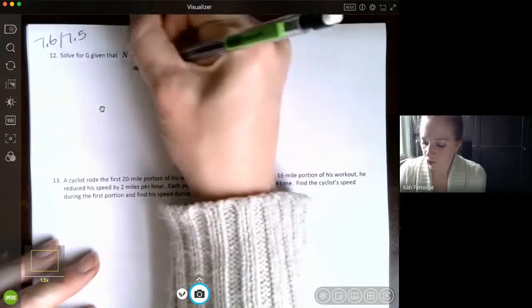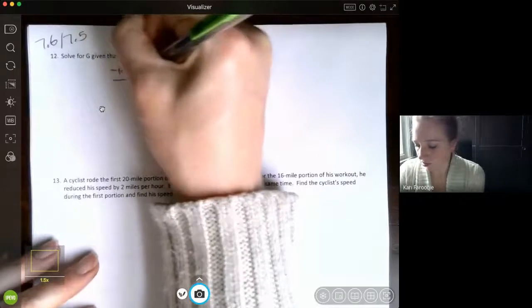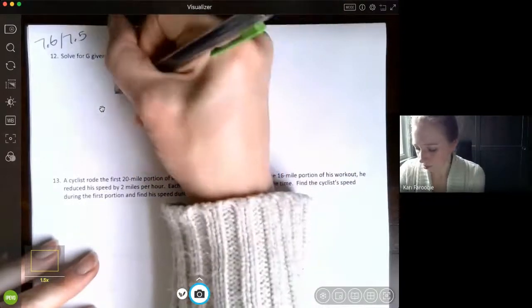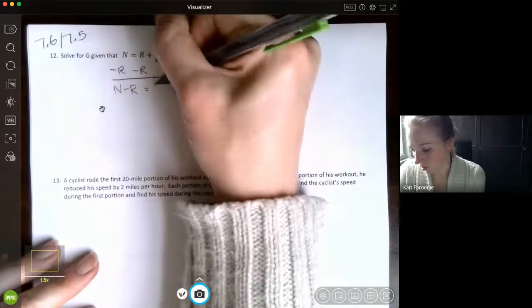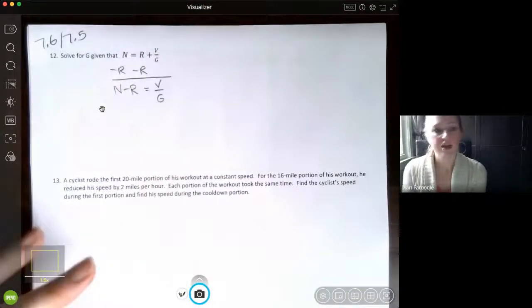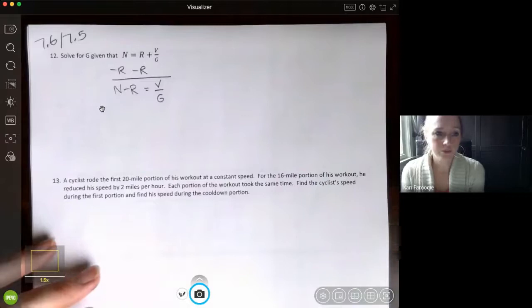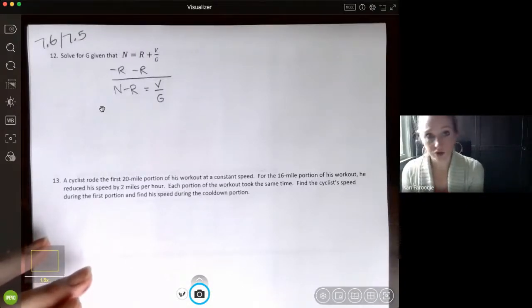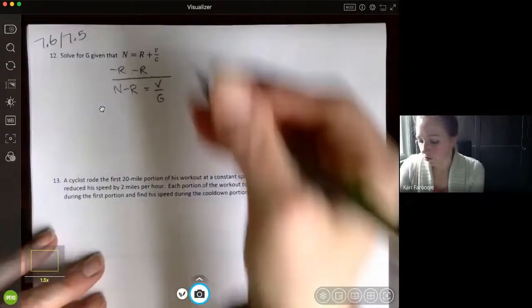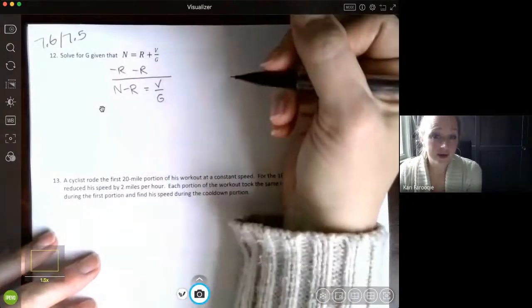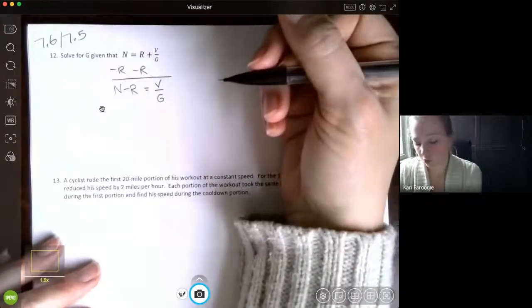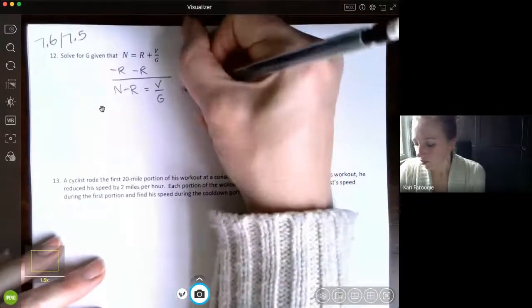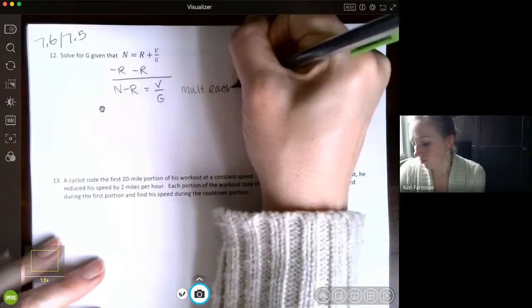So if you want to subtract r from both sides, you can do that. Just make sure that you don't try to somehow combine those. And you can rewrite that as n minus r equals v over g. Now, if you're trying to solve for g, you're still going to have to do a little bit of work with multiplying both sides of the equation by g. There's really no way of getting around that. If you're trying to solve for a variable that's in the denominator, you have to get it out of the denominator using multiplication. So let's say multiply each term